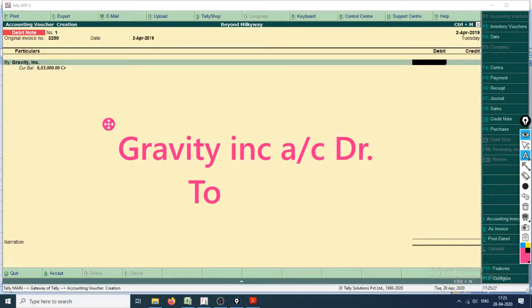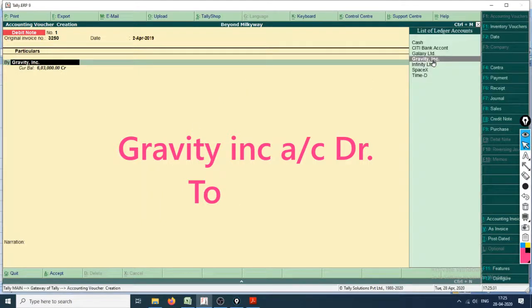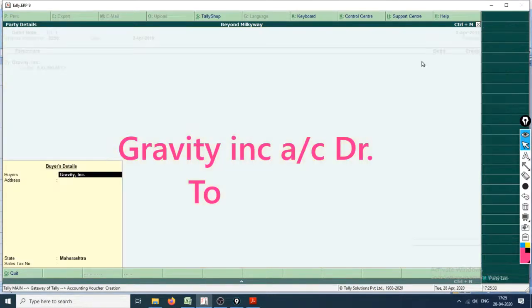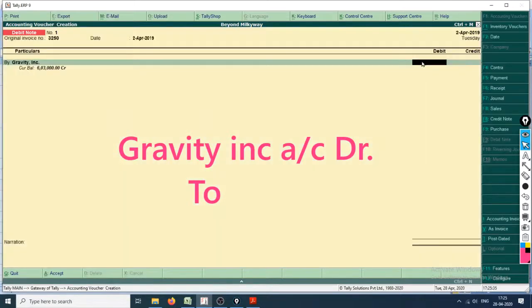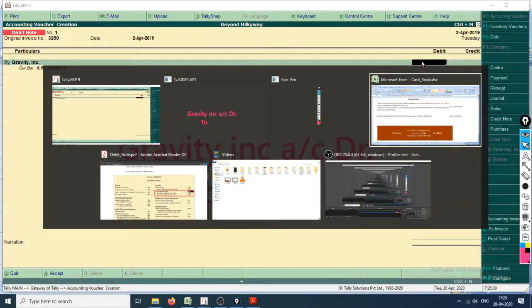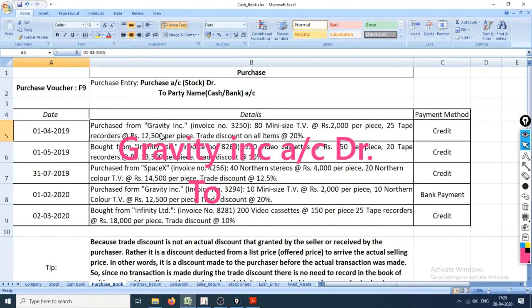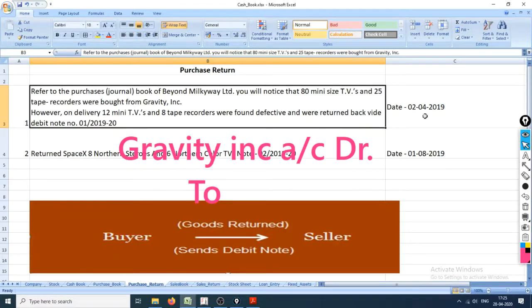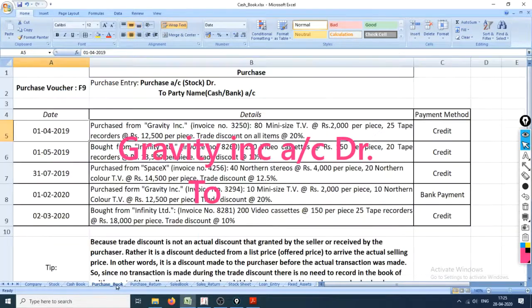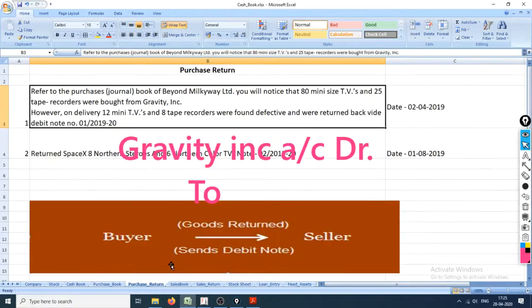Let's see. How much is the amount of the Gravity Incorporation account debit? The amount is 12 into 2000 and 8 into how much? 12,500.